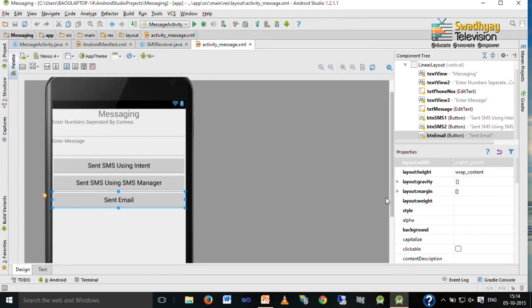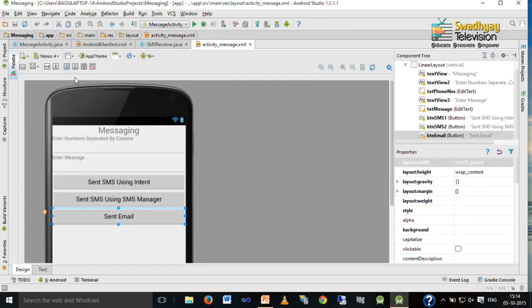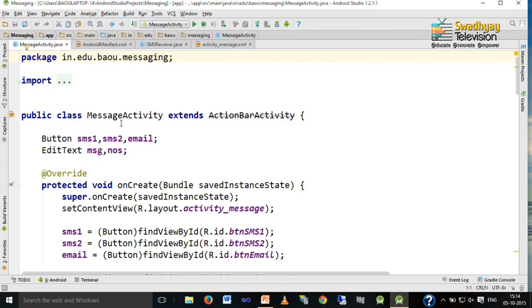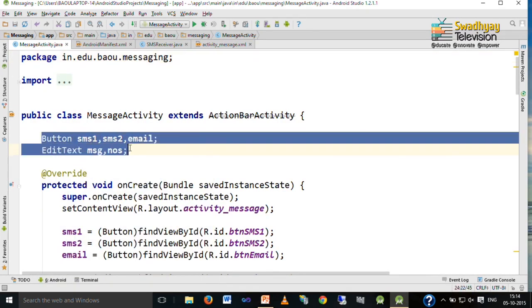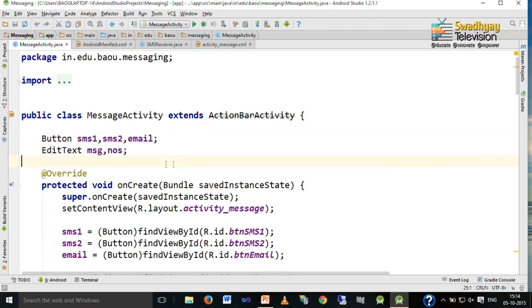So, how to do this? For that we go to our activity file which is the message activity java file. Here you can see we have three buttons, SMS1, SMS2 and email for sending SMS and email, and we have two edit texts, one for accepting the SMS message body and another for accepting numbers.